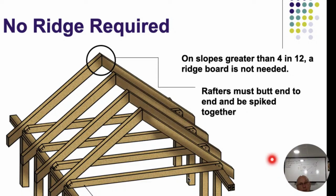So different methods that we're going to do to prevent that rafter sag, and what's common in our neck of the woods here around Chicago, is something called collar ties. So typically they're going to be installed every 4 feet, so we don't have to have one on every rafter. They're supposed to be halfway up between the top of the rafter and the top plate or the bottom of the rafter, and it's supposed to go all the way across. We should be having a lateral support on here too that will